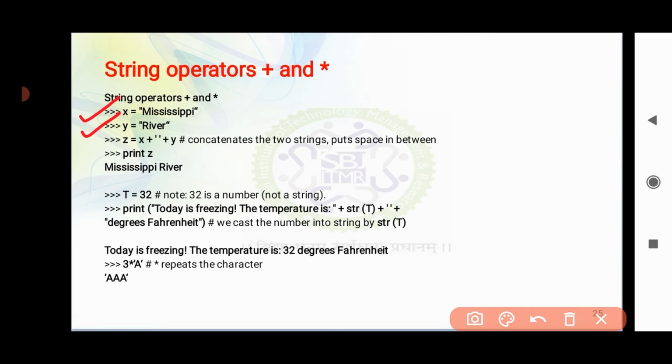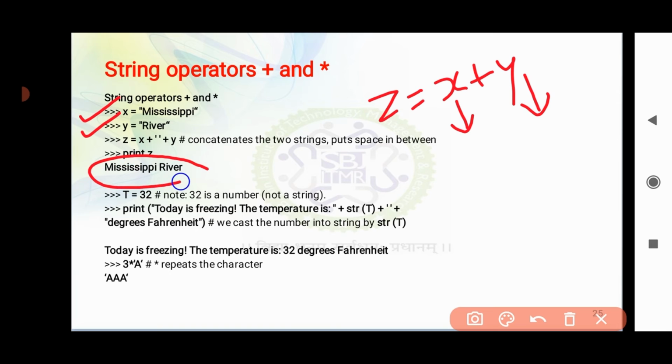So what should happen here? When you do Z is equal to X plus Y, the value of X and the value of Y are added to each other. So your output should be Mississippi River, with both words connected together. But in between, if you see how the syntax of Z is written, X and Y are added with an extra space.